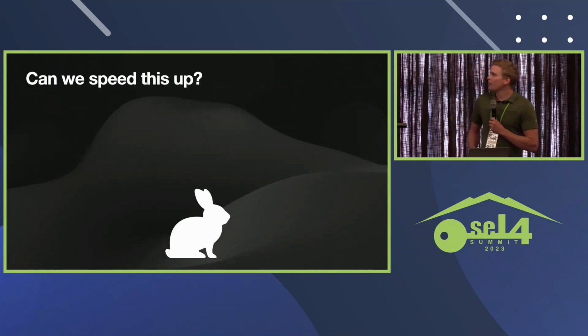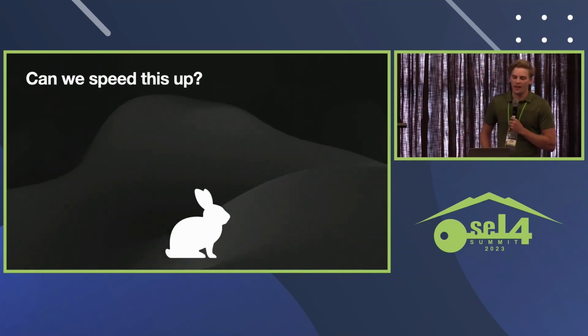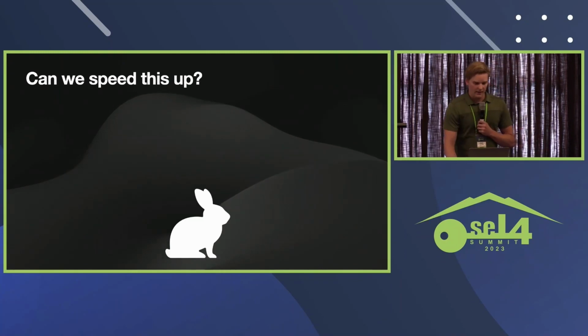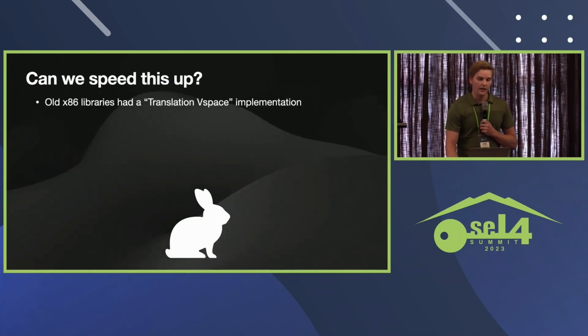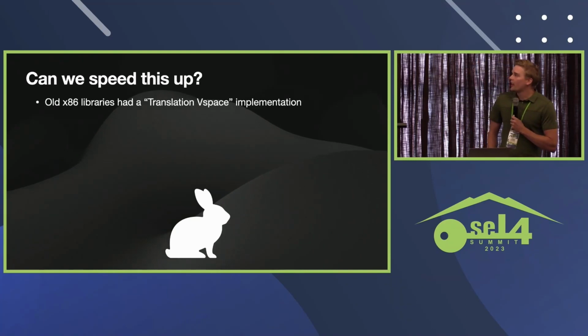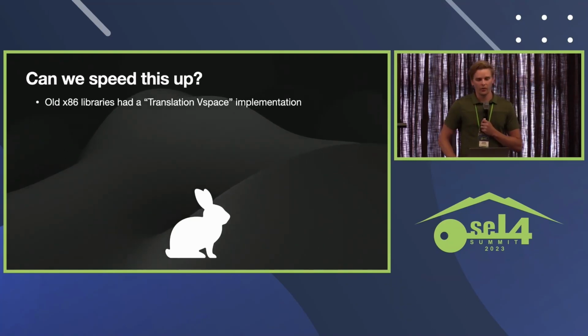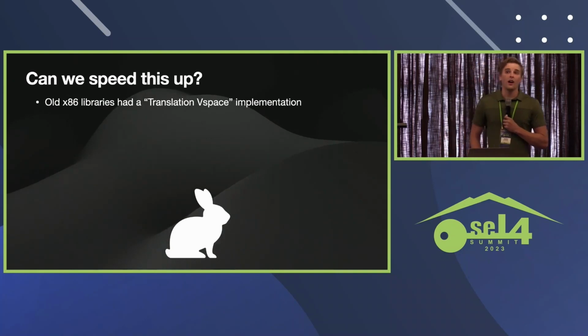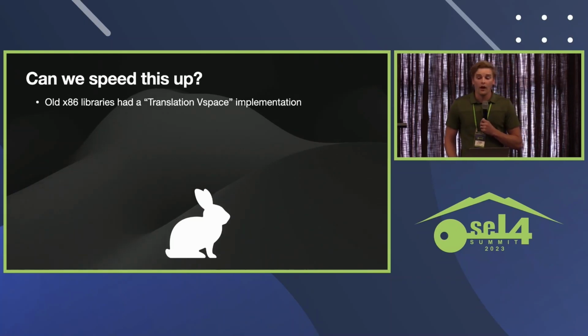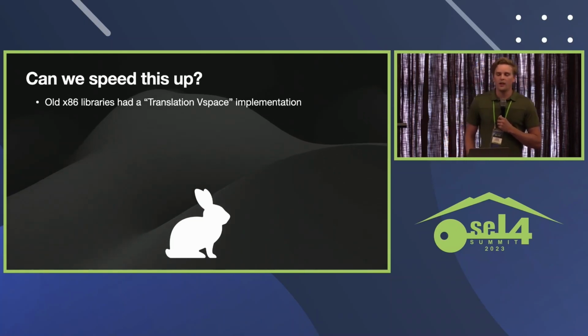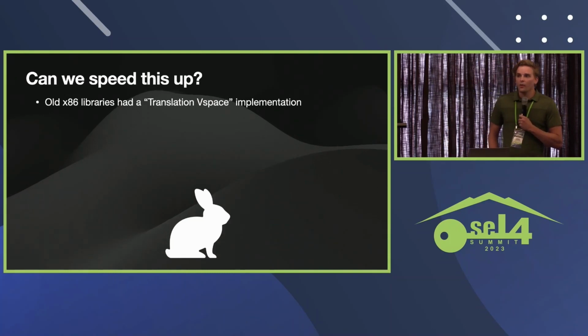So, begs the question, can we speed this up? And the answer actually lay in an old x86 library implementation. We had a customer who wanted multi-core x86 guests. We had previously open sourced a 64-bit version of that. They wanted newer seL4. And when we rebased the multi-core implementation, we were getting random